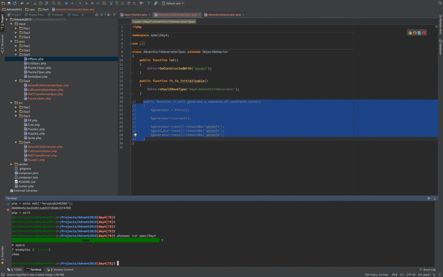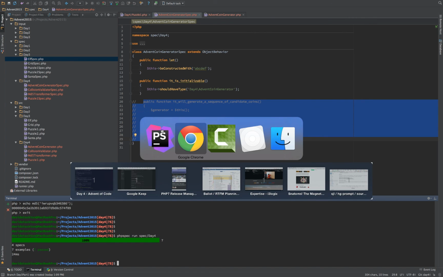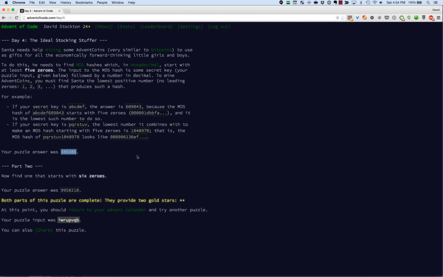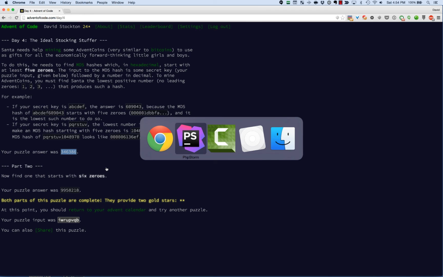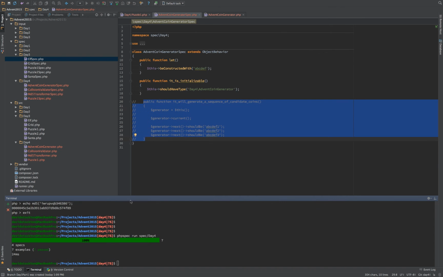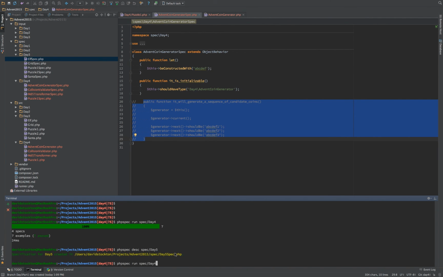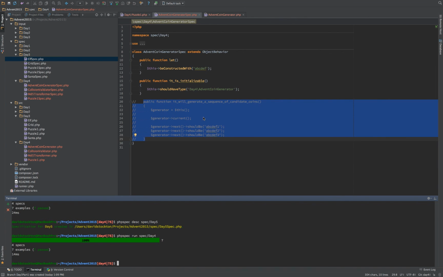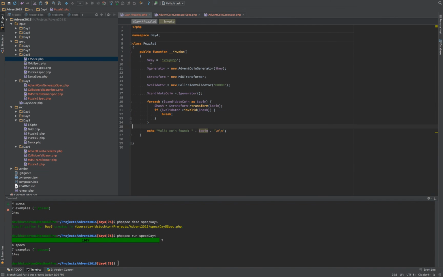Now the neat thing is, and I think on this one, Joey, we're just going to go ahead and do part 2 right now, because it's not super long yet. Part 2 is so similar. All you have to do is add another 0. Yeah, exactly. So we're going to make phpspec describe spec day 5 and run. And now I'm going to take my puzzle 1 and copy this invoke,